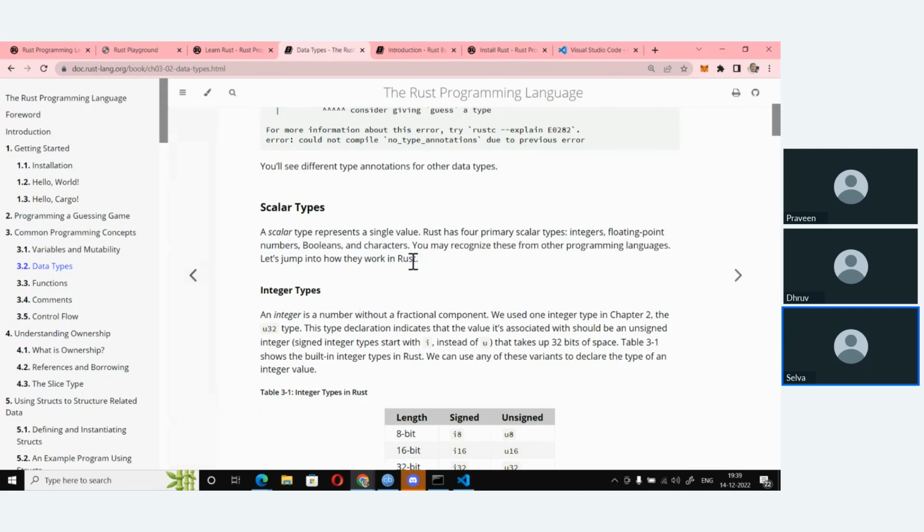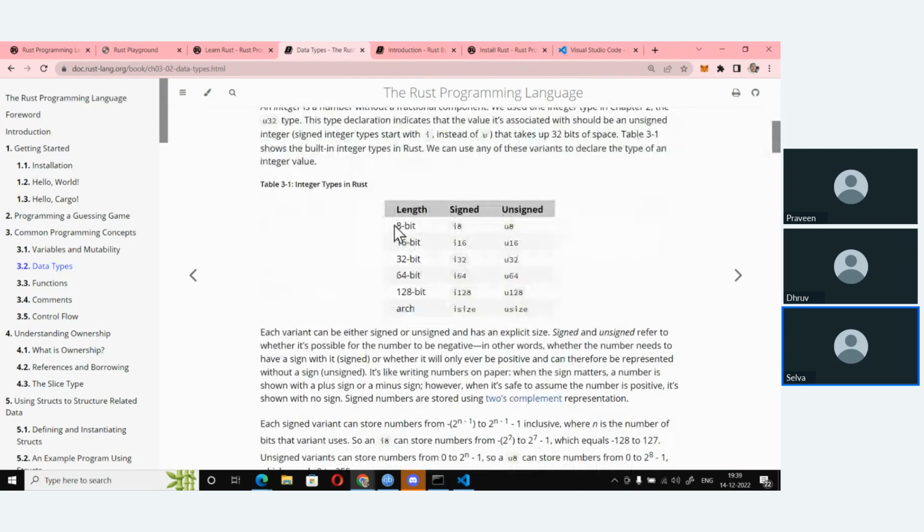So integer types, you have various integer types starting from 8-bit to 16, 32, 64, and 128-bit. And these can be signed as well as unsigned. If it is signed, you say i8 for an 8-bit integer. u8 means unsigned 8-bit integer, i16 means 16-bit signed integer, u16 means unsigned 16-bit integer, and so forth.